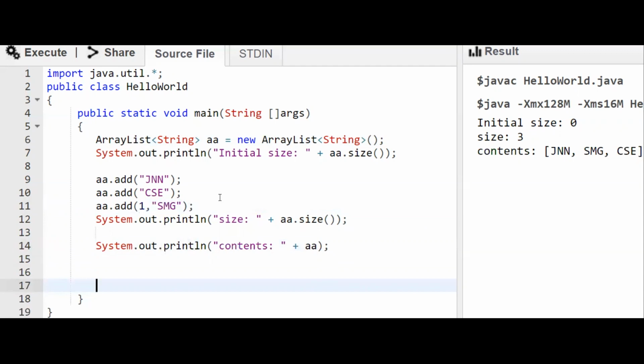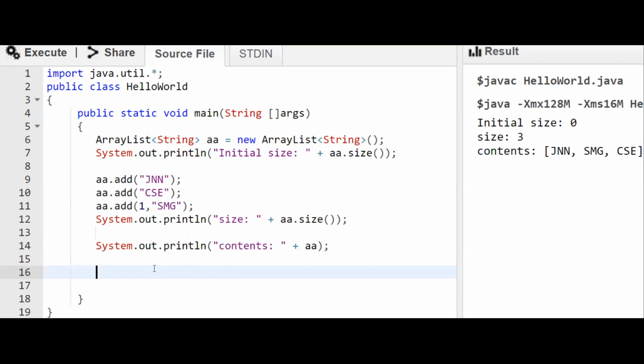When we print the ArrayList, it gets converted to a string. That is, by default, it will call the toString method. If we print an ArrayList of objects, then on each of those objects the toString method will be called, and a string representation of that particular object will be displayed when we print it using the println method.